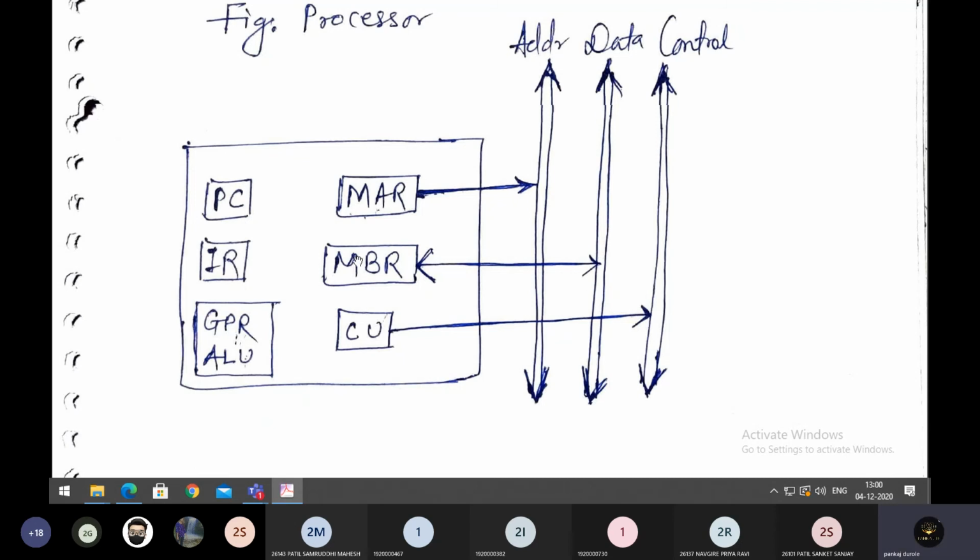This is the second micro operation happening in the T2 clock state, and then MBR goes to IR. And at the same time, one more thing is happening: the program counter is getting incremented by 1, because the program counter needs to point at the second instruction.